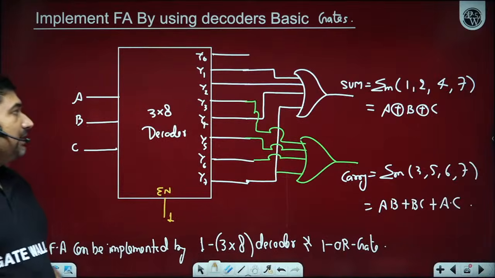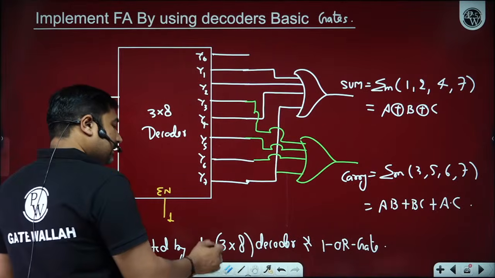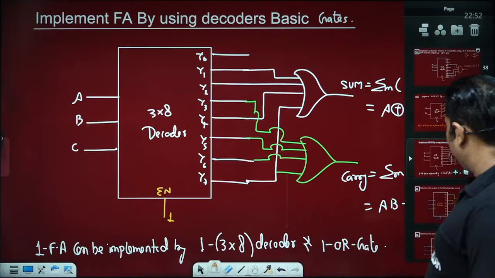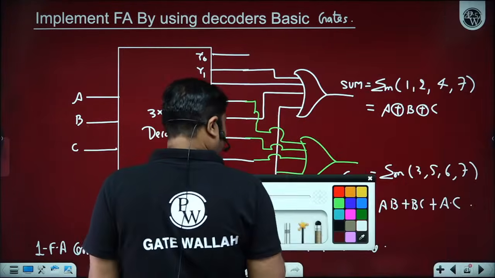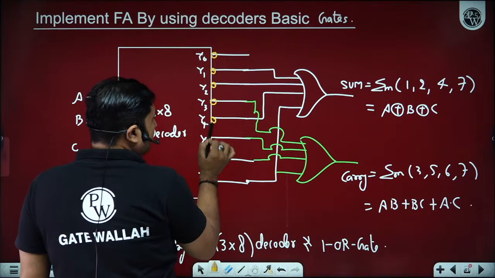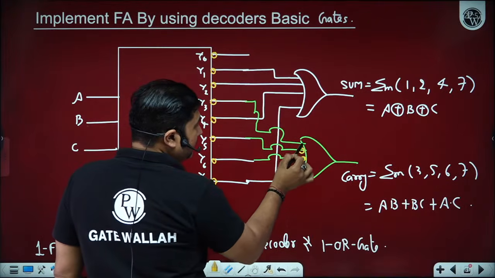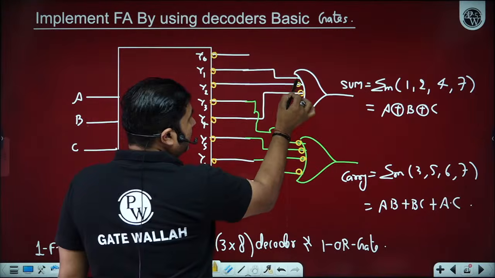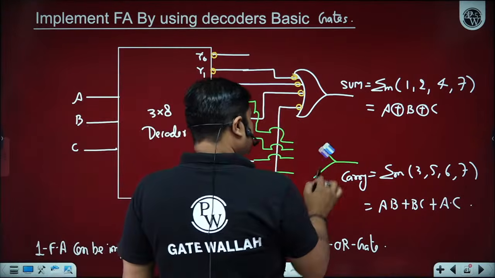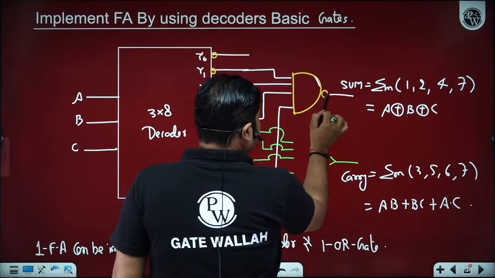Yes, beta ji. You can have a NAND decoder as well. If you want to design a NAND decoder, there is no issue. Can you implement it by using NAND gates? Yes, sir. We can implement it by using NAND gates as well. If you want to implement by using NAND gates, then all the AND gates of the decoder are replaced by NAND gates. And if you put bubbles here, then this will become a NAND gate only. So you can replace this with a NAND gate. Then also the same function gets implemented.